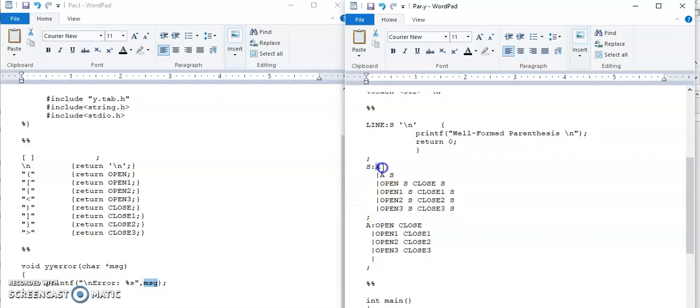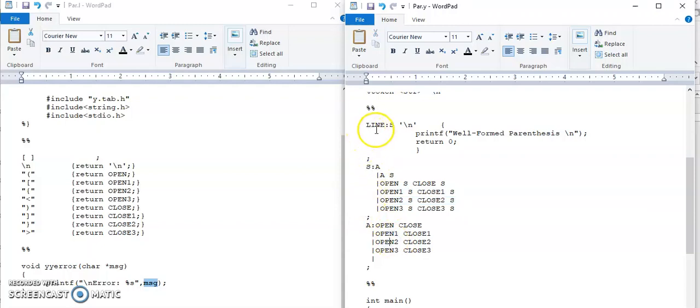The S gives A rule will be used whenever only opening followed by closing combinations are there, like this. But when there are multiple brackets, then the remaining rules will be used according to the brackets.